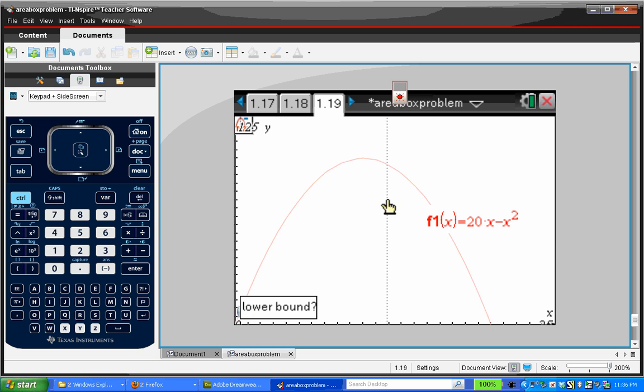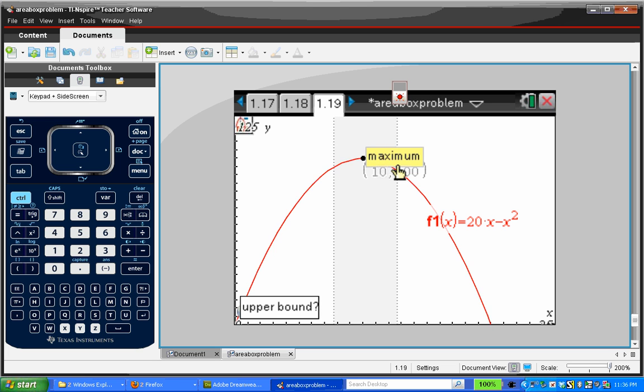Choose maximum. And we have to identify a boundary, so we have to do a lower boundary, a higher boundary, and automatically it puts our maximum down at 10, length or width, comma 100, that's the area. So the maximum area for a rectangle with a fixed perimeter of 40, because this equation is specific for a fixed perimeter of 40. And then from here the students will understand then how to create that equation with a fixed perimeter,